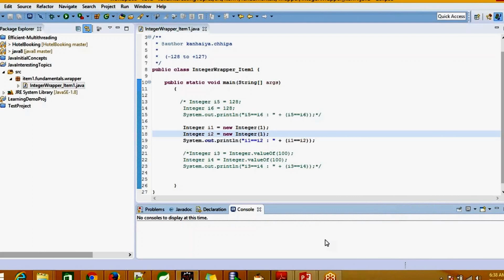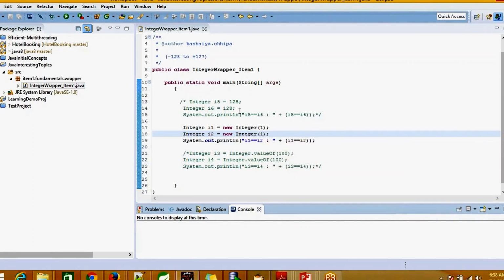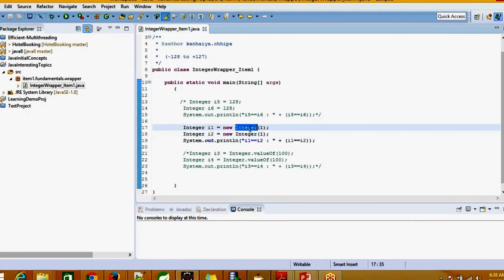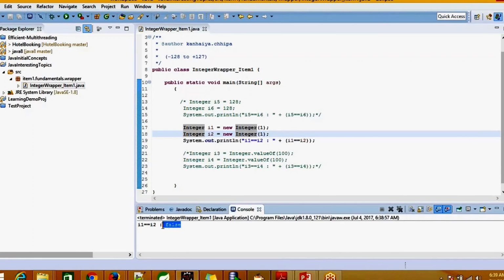So far we have seen that Java caches the integer values from -128 to 127 in its cache pool or cache memory area. So there might be a chance that both variables would be pointing to this single object itself. So it should give us true. But let me run this program one more time and see the output. Strange, it gives me false.